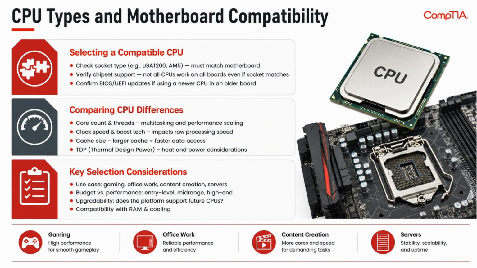Selecting a compatible CPU means checking 3 things. The socket type, like LGA1200 or AM5, has to match the motherboard. Chipset support matters too, since not every CPU works on every board even with a matching socket. And you may need a BIOS or UEFI update for a newer CPU and an older board. When comparing CPUs, look at core count and threads, clock speed and boost technology, cache size and TDP, or thermal design power. The right choice comes down to use case, budget versus performance, upgradability, and compatibility with your RAM and